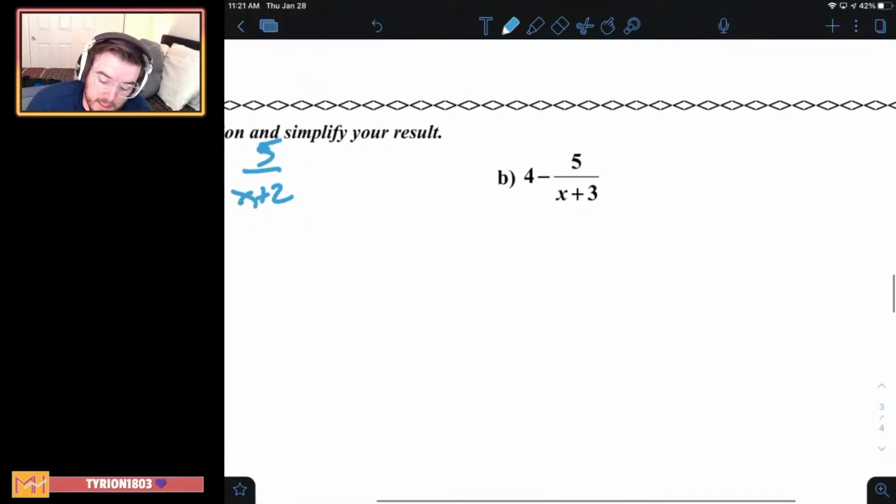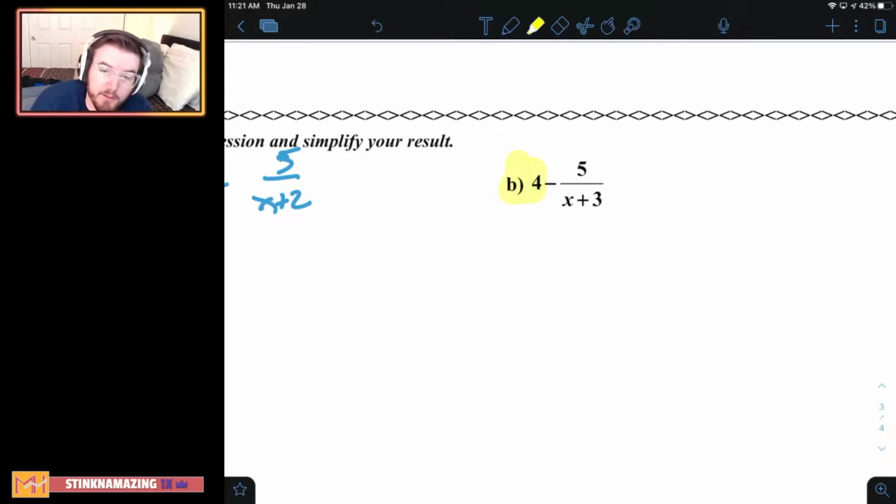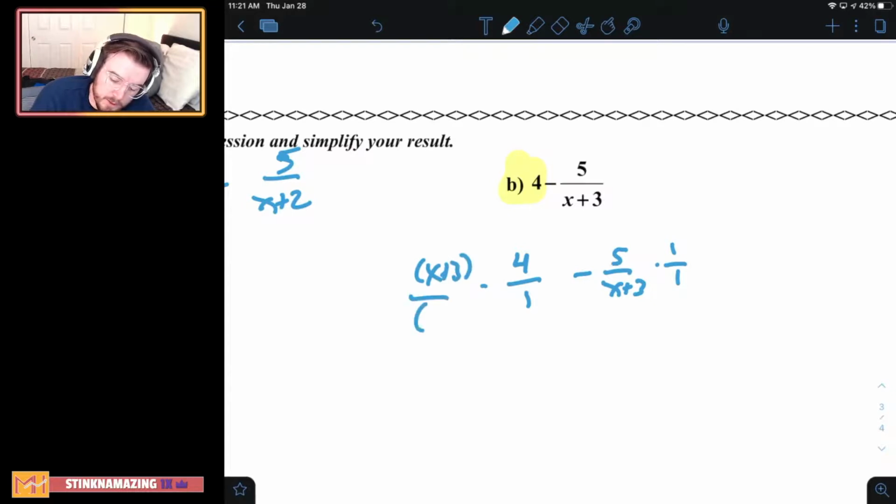Oh, this is interesting. This is the first time we're seeing this. Here's a question on screen. What is the denominator for this 4? I don't see a fraction there. What is the denominator that I can create for this 4? All right, hopefully you thought to yourself, well, write 4 over 1. Exactly. And multiplying by 1 does nothing. You can do that if you want, but obviously here we need to multiply by x plus 3 because clearly